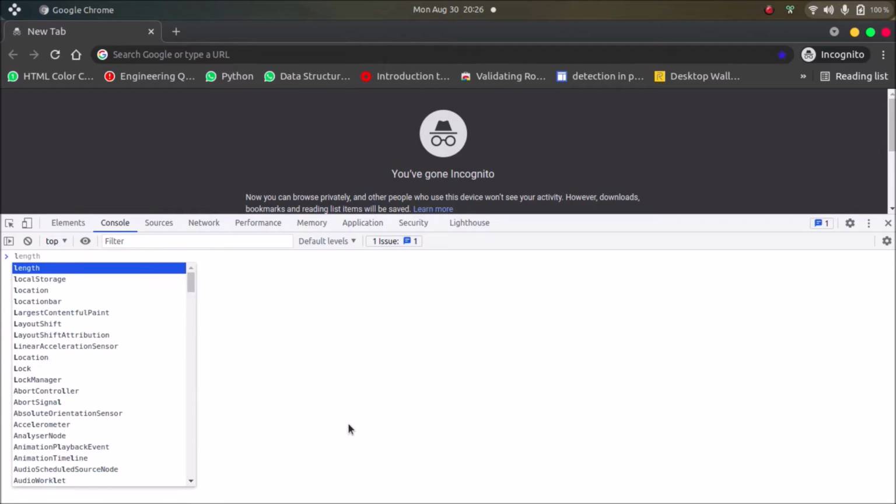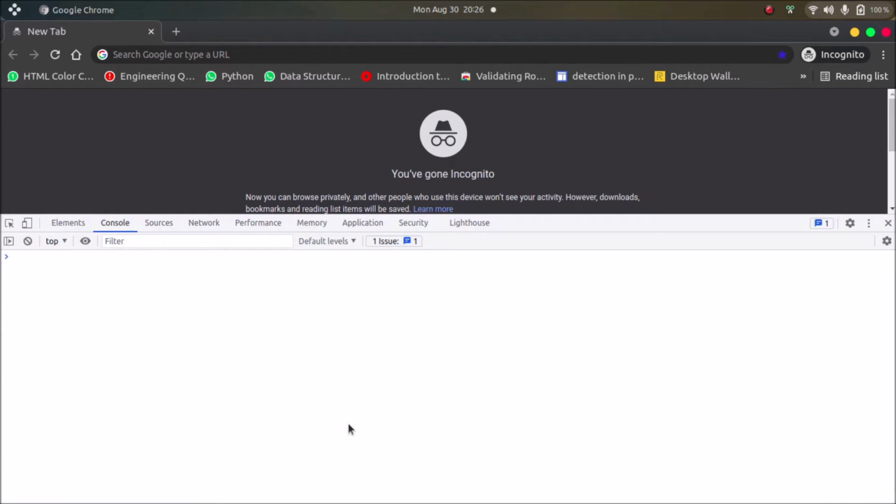So let's first understand what is local storage, a quick definition for this. Local storage is used to store data locally on the browser in the form of key value pair. Key value pair means whatever data that we are going to save in our browser, we will have some value for it and the corresponding key for this. For example, let's say I want to store username as the coding lab. I want the coding lab to be stored as username on my browser.